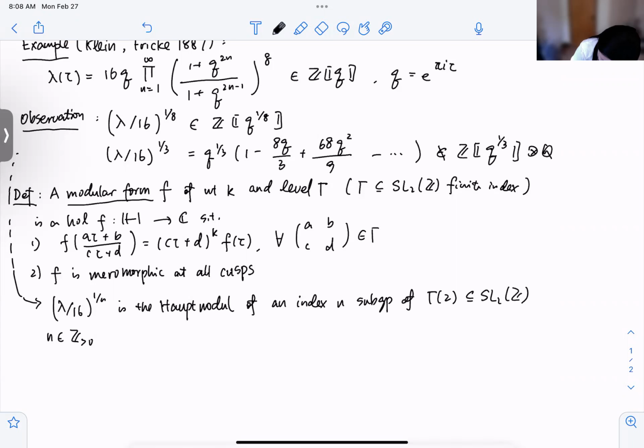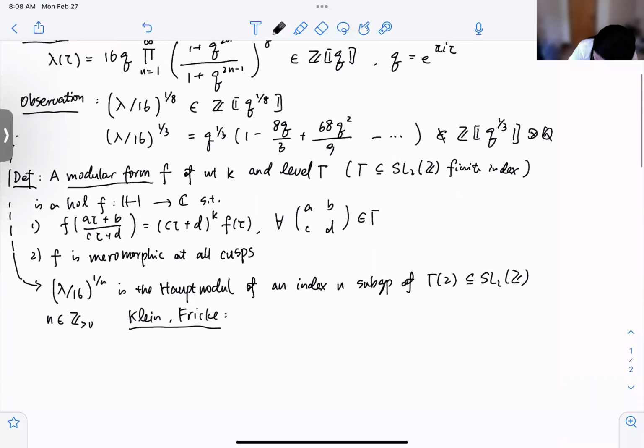And it was already in the work of Klein and Fricke. They knew that such a group, let me denote it gamma n,